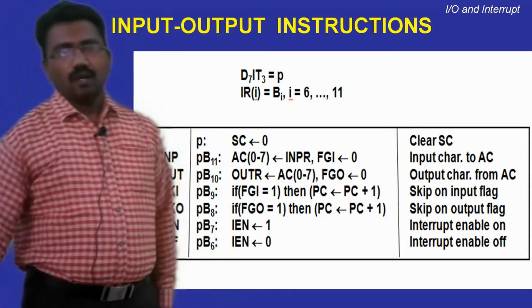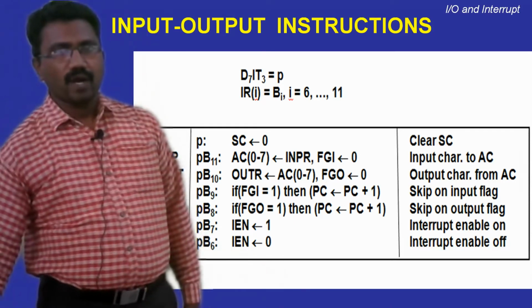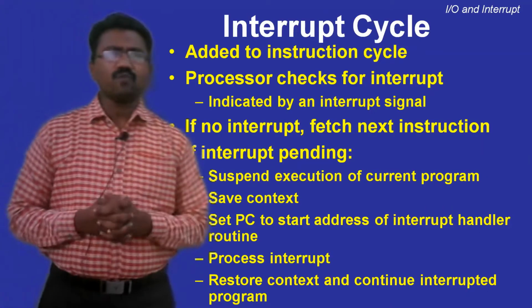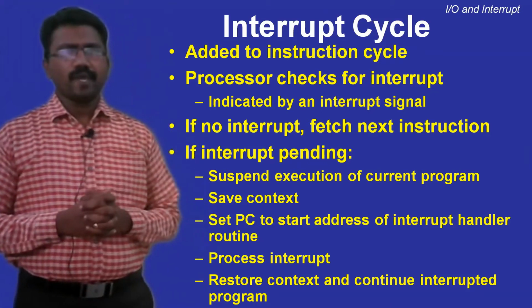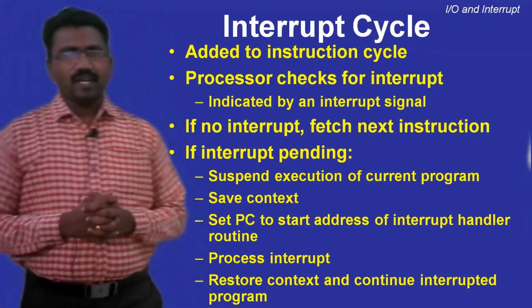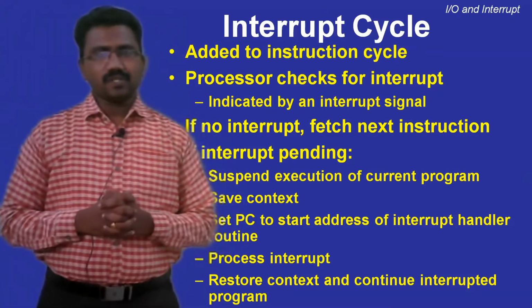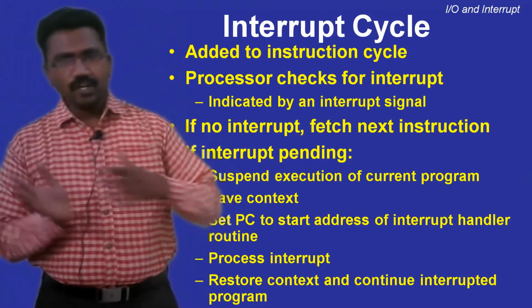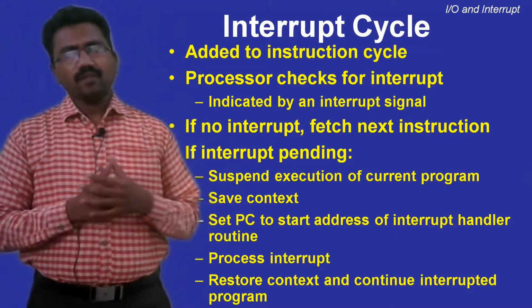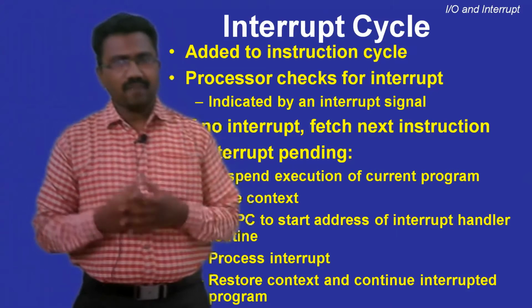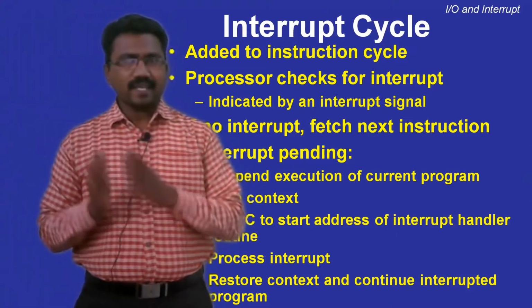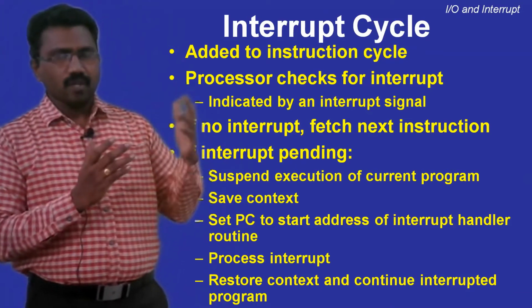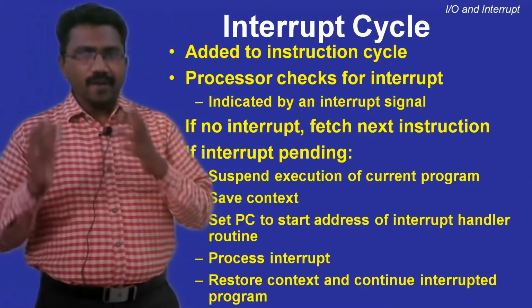Now we'll see what an interrupt is, and what an interrupt cycle is. First of all, what is an interrupt? While the processor executes a main program, whenever IO operations occur, the processor assigns the IO operation to the IO interface and continues the main program. Whenever the IO operations are finished by the IO interface and IO devices, the IO interface can send a request to the processor: the job assigned by you is completed and I am ready to transfer the data.